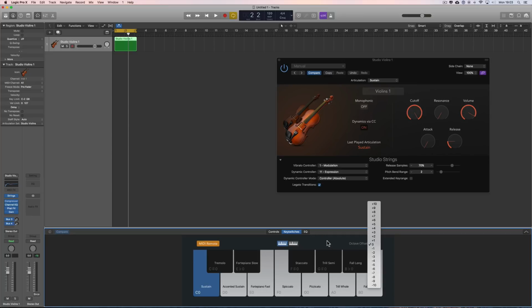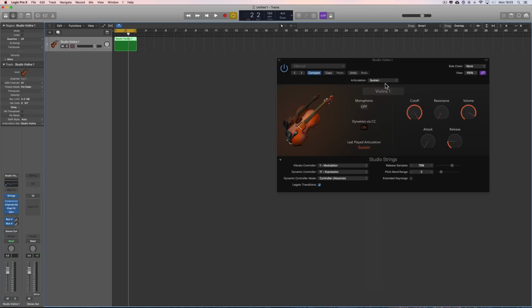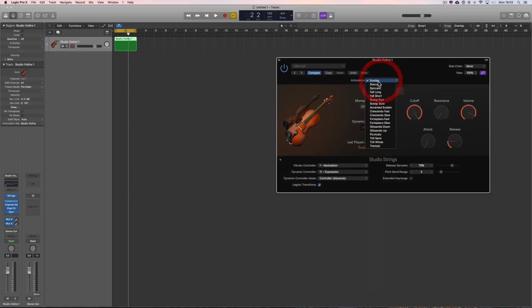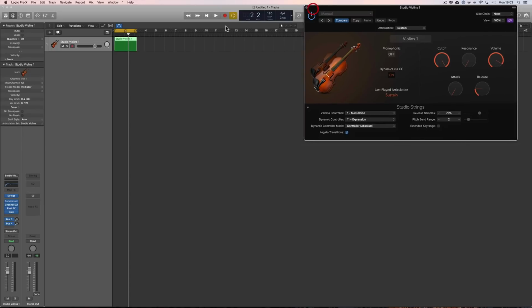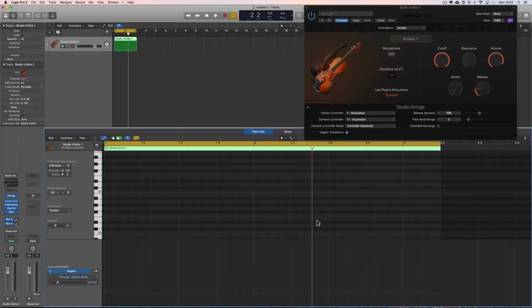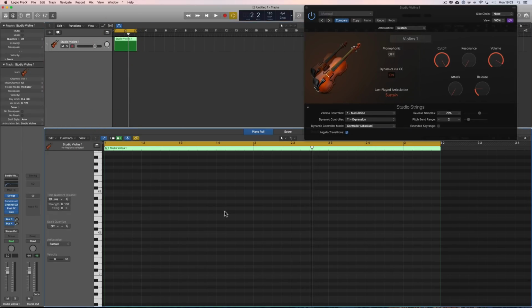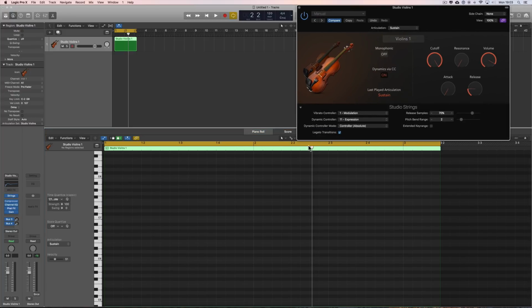So the articulations, we'll fix them after we've recorded our pattern. Now, as you're playing with the master keyboard, you can set this to sustain. You'll just get straightforward violin notes as you play, after which you can tweak them in the editor. But, you know, I'm one of those people who pencils in my stuff usually because I'm too lazy to get my master keyboard out. So, look, let's first set the loudness because we're not using velocity of notes for the loudness. I'm using the dynamic controller on